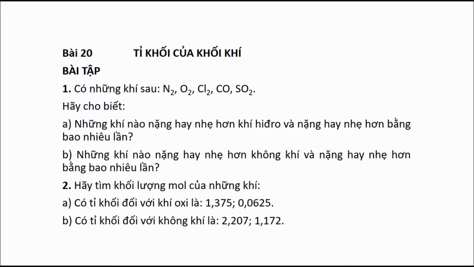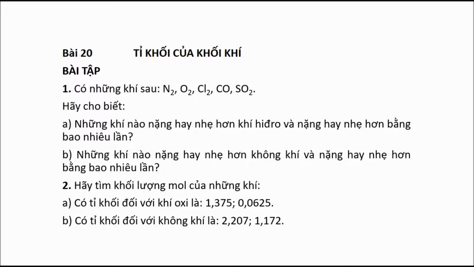Exercises. 1. There are the following gases: N2, O2, Cl2, CO, SO2. Indicate A. Which gases are lighter or heavier than hydrogen gas, and how many times are they lighter or heavier than hydrogen? B. Which gases are lighter or heavier than air, and how many times are they lighter or heavier than air? 2. Find the molar mass of the gases having A. Relative density with respect to oxygen of